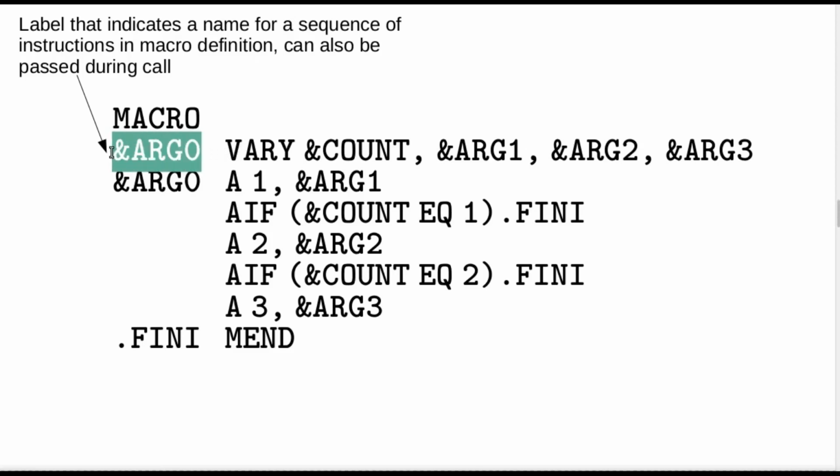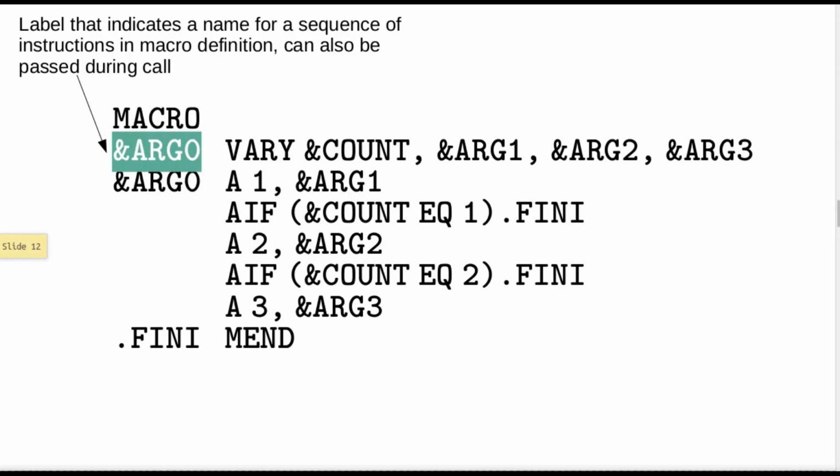What does this do? It indicates that we are supposed to use a name for a sequence of instructions in this macro definition. What sequence of instructions does this name refer to? That we are going to see next. But right now, since we are using a label to denote a point in the macro definition, we need to also define that label in the first statement of the macro definition, where we are defining the names and the arguments. In the same place, we are supposed to also state the dummy name for the label.